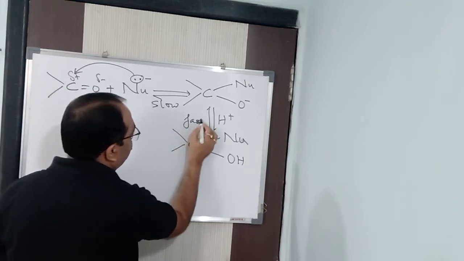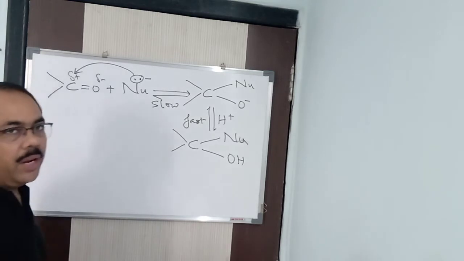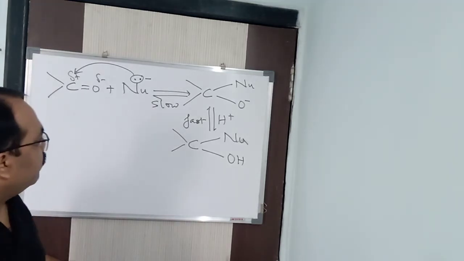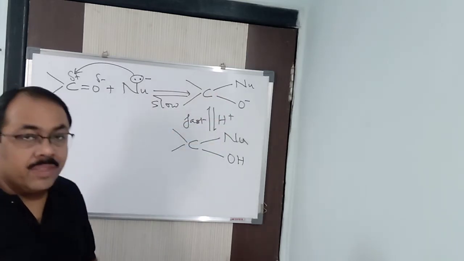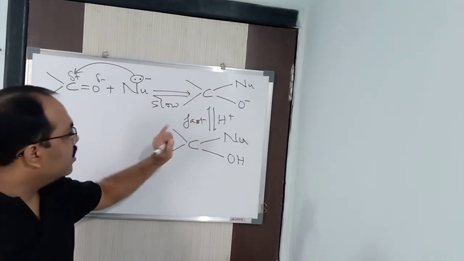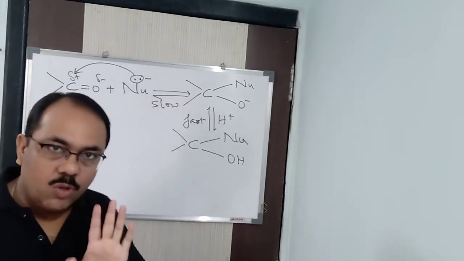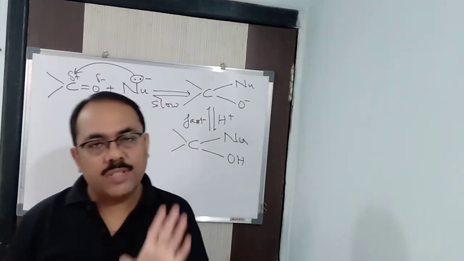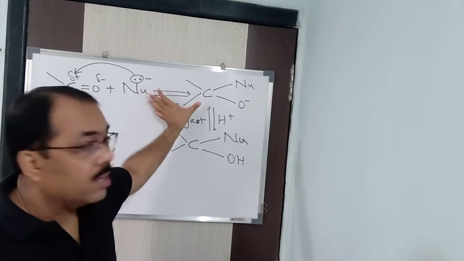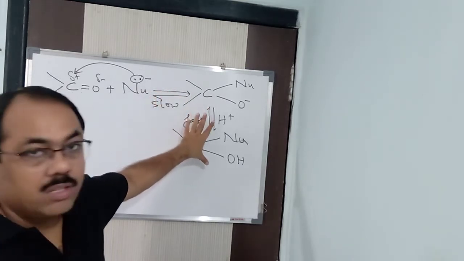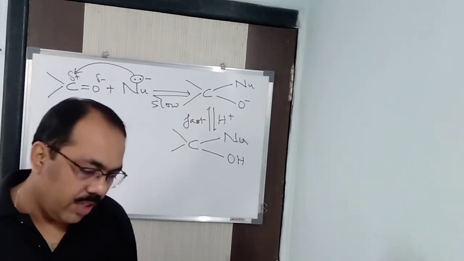And definitely this is the fast step. The first step is a slow step because breaking up a bond is taking place, so hence it's a slow step. The addition of the nucleophile is taking place, the breaking up of a bond is taking place. In the second step, the H plus ion is added, which is definitely a fast step. Just I told you, slow and fast is not required here; I told you for your knowledge, because you have studied this in chemical kinetics. So remember, this particular step is your rate determining step. This step is not the rate determining step. Okay. So in this way, you studied this particular one.